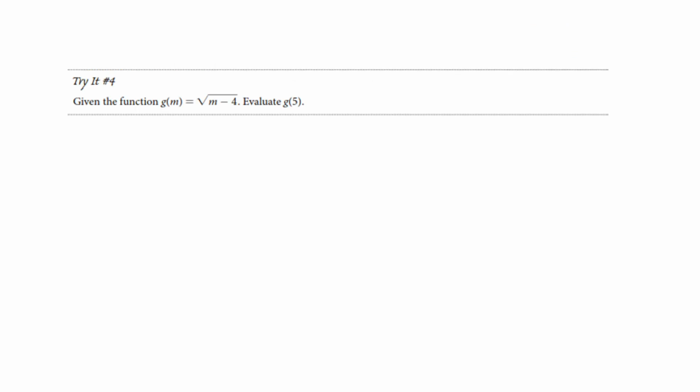All right, now we're going to evaluate some functions. This is really quite simple. All I'm doing is putting 5 in place of m, and I've got